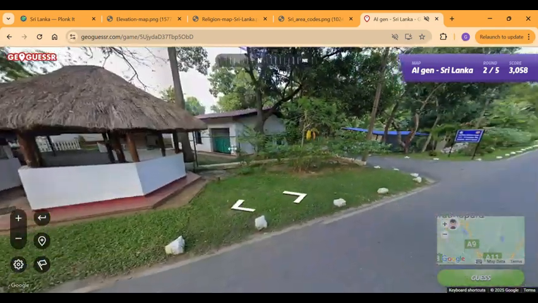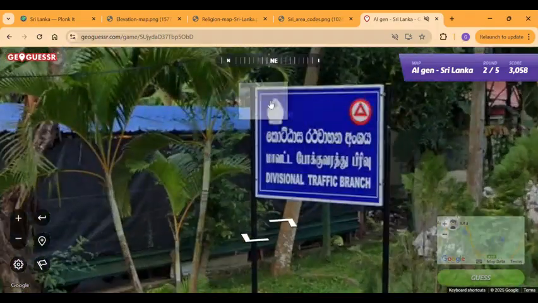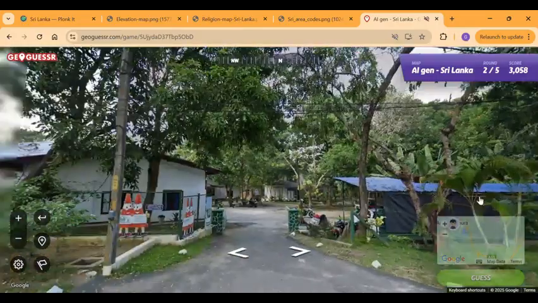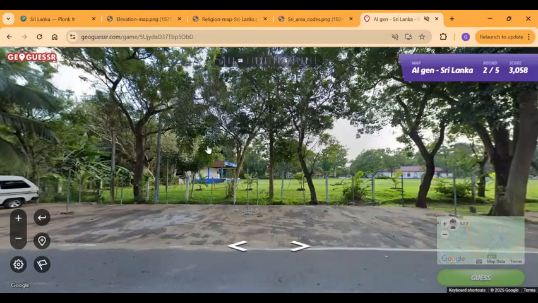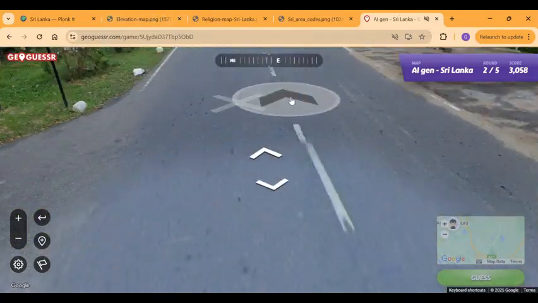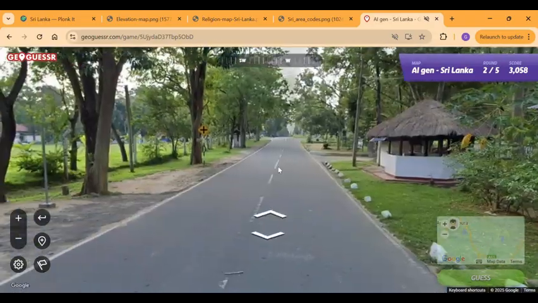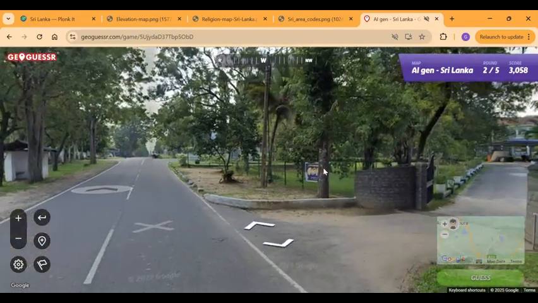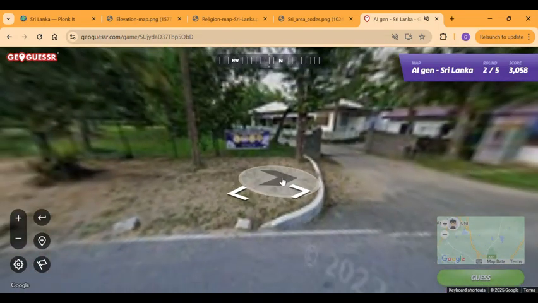Is there anything else in Sri Lanka that I think I covered? Okay, for now we're going to move on. Is there anything here that's kind of useful? No. Interesting. Oh, they didn't tell the camera generations. Okay, let me try. I think this is low cam in Sri Lanka. Why haven't they identified the places where low cam and trekker cam are, and generation 3? That would have been very useful for region guessing, but unfortunately,